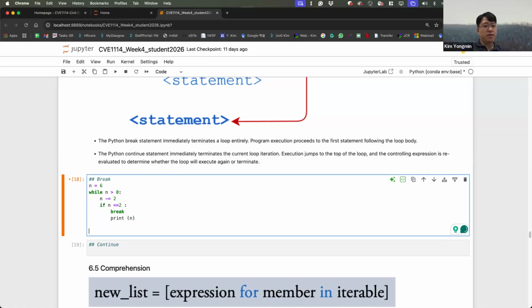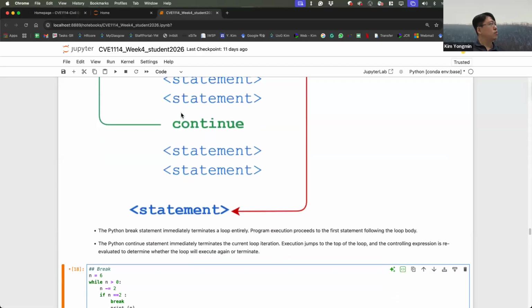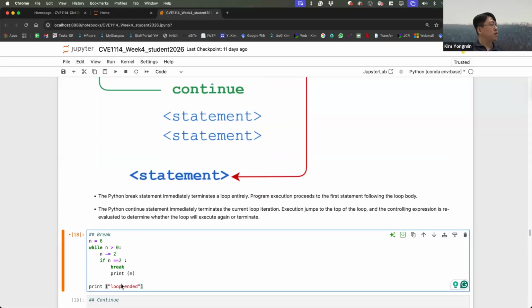And then if the loop is finished, the loop has just ended. Break means it goes to here.